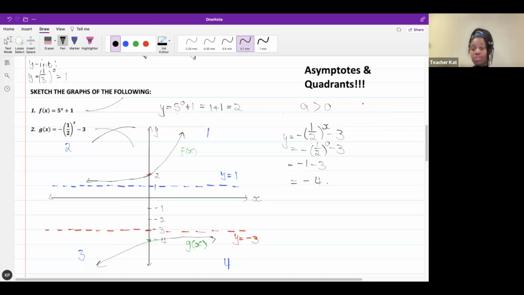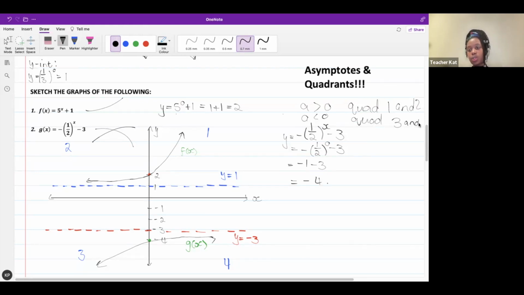So if your A is greater than 0, then you know it's going to be in quadrants 1 and 2. And of course, if A is less than 0, your graph is going to be in quadrants